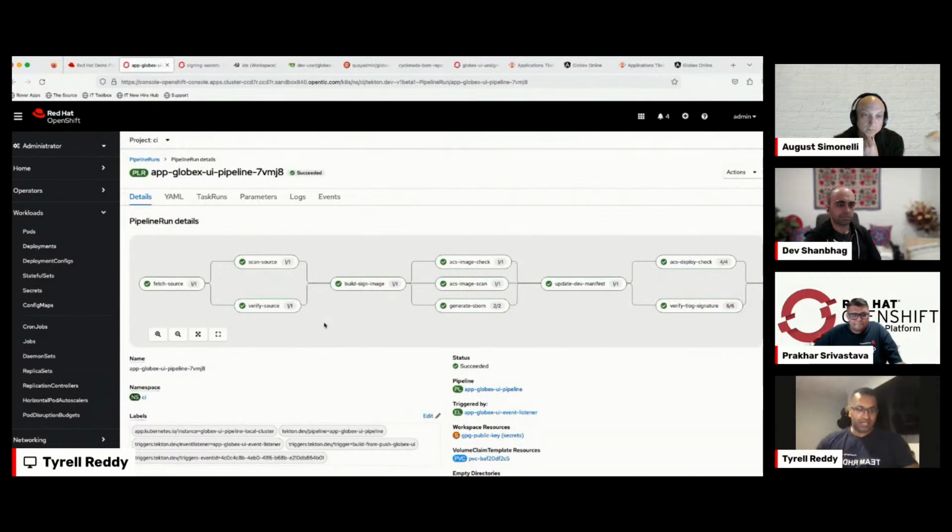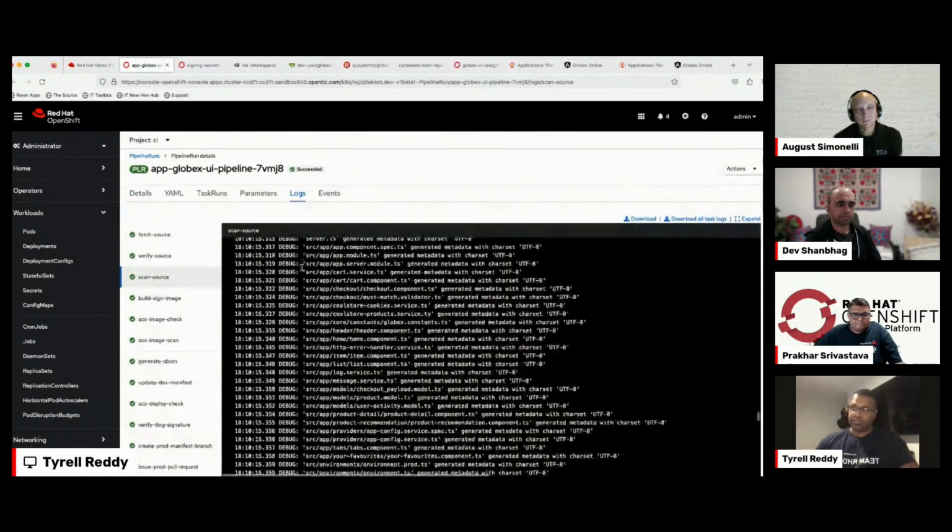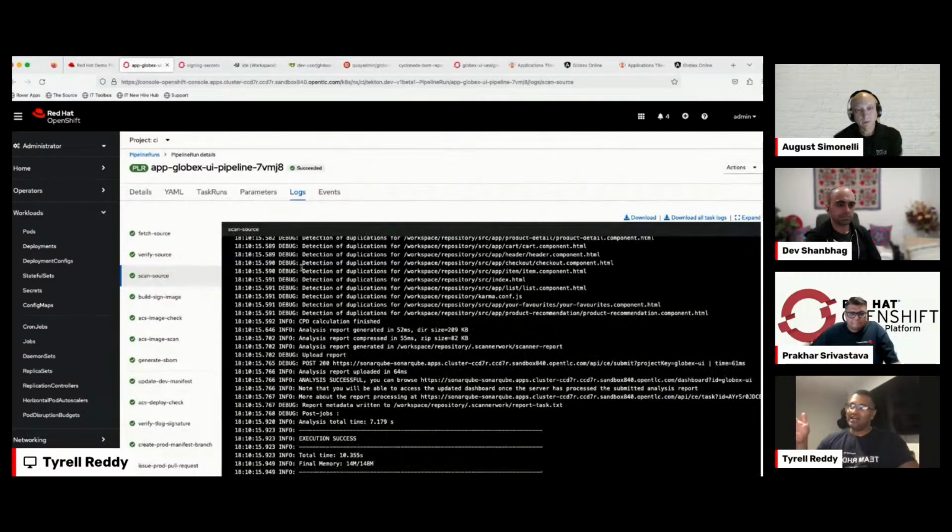So Prakar mentioned an open source tool called SonarQube. SonarQube is called in this step here, right? It's pointing to our source code and says, run a scan on this source code and tell me if there's any bugs or any code smells that exist in this code, and print them on the screen. It also creates a report for you on the SonarQube front end. So you could log into SonarQube and you'll have a project called Globex UI created for you, and it'll have a list of all the critical, medium, high, low bugs or issues that it finds, right? All of those things are configurable, but for our demo, we just use the default.